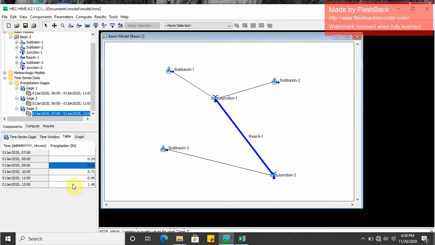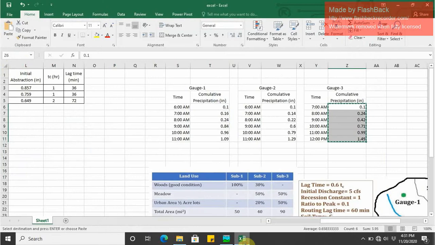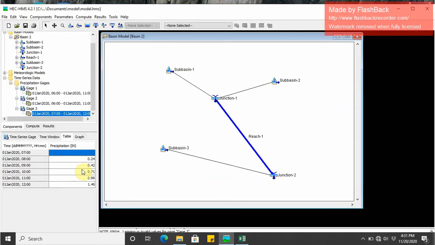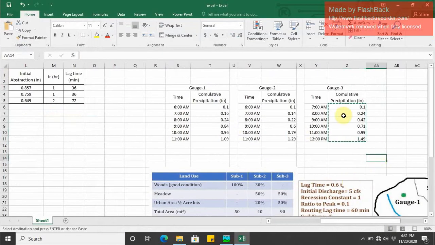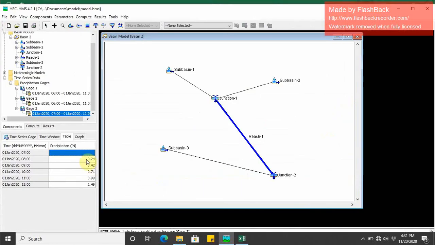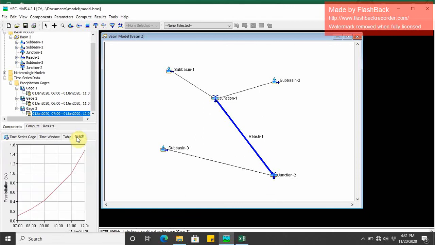In the table, I think I have copied 9, 10, 11, 12. There should be 6 values, but here I have copied fewer values. I have to copy all the values again. Control C, copy, and then paste these values here, because one value is missing. We paste, and here you can see all the values are set, and now you can see the graph.